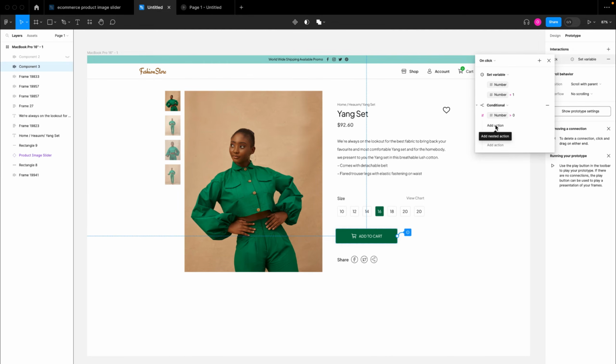Here in the body part of this if statement, we want to perform an action. We want to add an action. So here we want to set our quantity button variable property to true. So I'm going to click on this, and here I'm going to say set variable. The variable we want to set is this quantity button, and we want to set it to true. So once we have done this, we are now saying if the number of items here is greater than 0, set our quantity button value to true. We can then close this up,